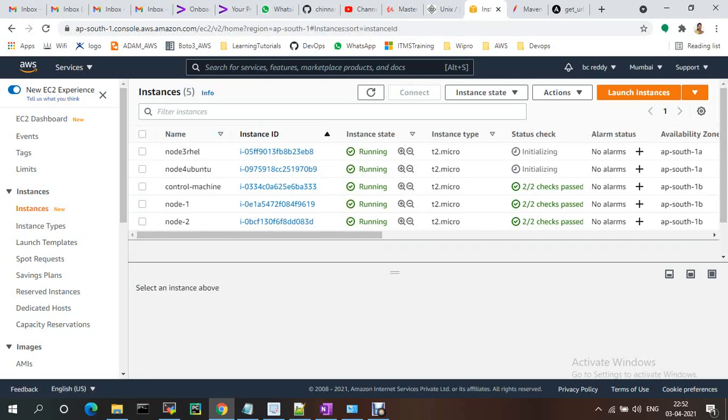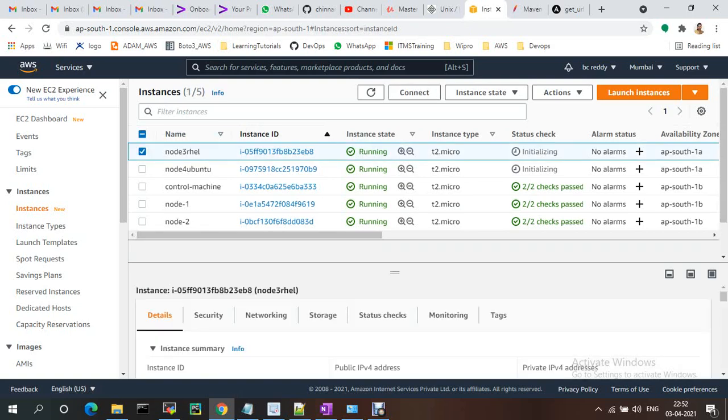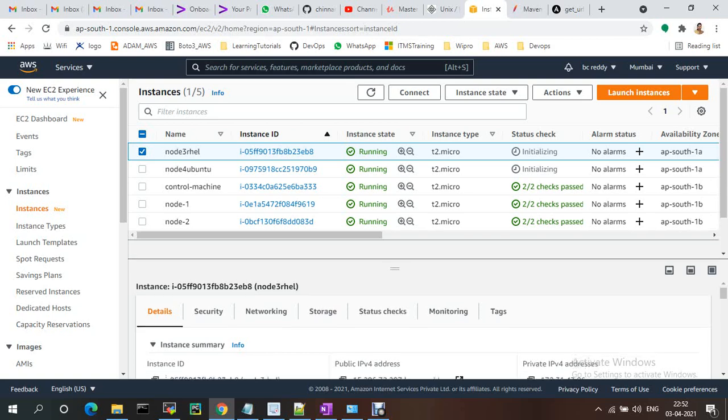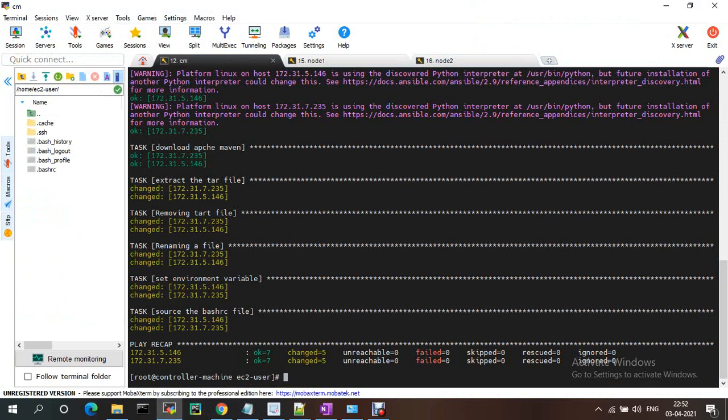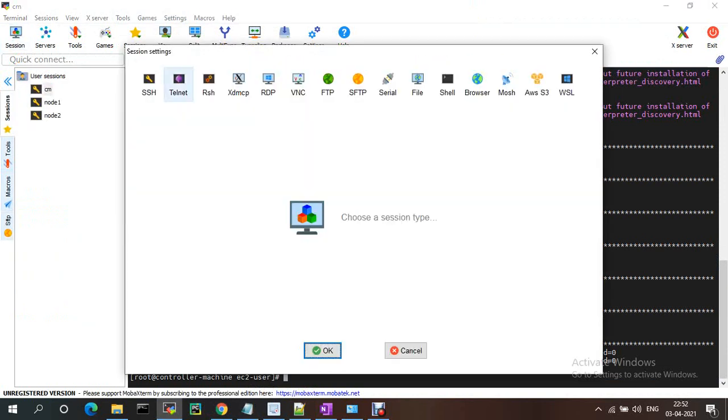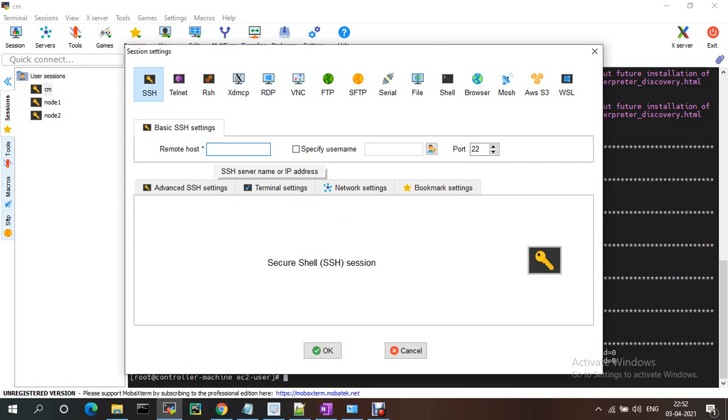So let me connect these servers. Okay. And well, this is the public IP. So the username is ec2-user.